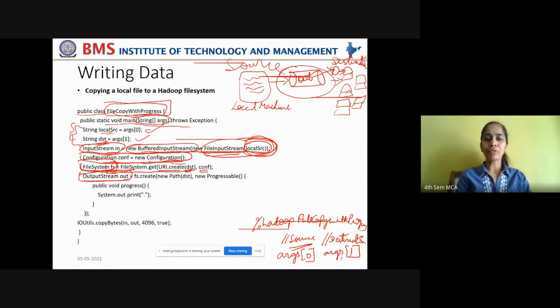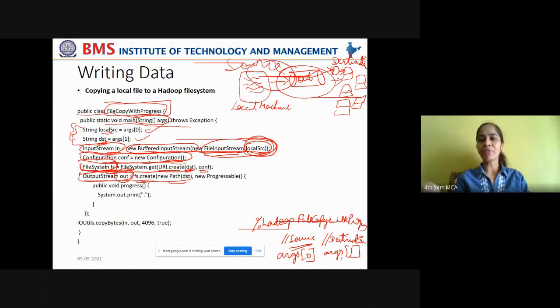Now you're creating the output stream object by, to what you're connecting this output stream object? You're creating a new file. You're creating a new path to the destination file. Yeah, understood? You are creating a new path to the destination file by creating a new instance of the file system and connecting it to the output stream.